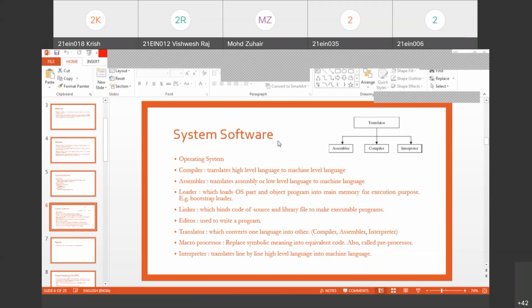Then we have the compiler. The compiler translates high level language to machine level language. We use a compiler while compiling a C program. What is its work? We write code like printf, scanf, etc. What it does is convert these statements into machine level language. Whatever we are writing is